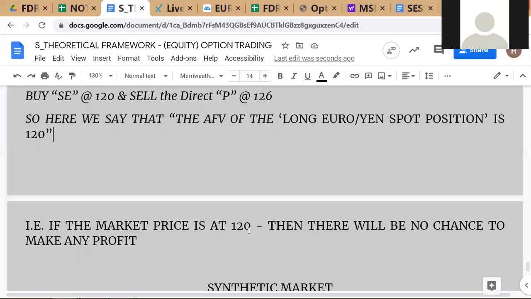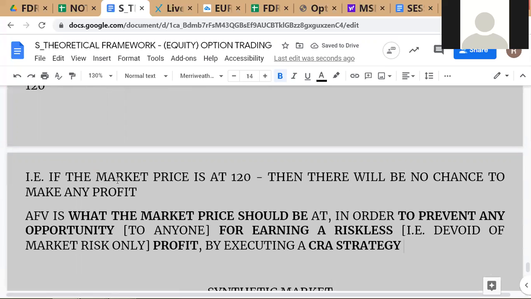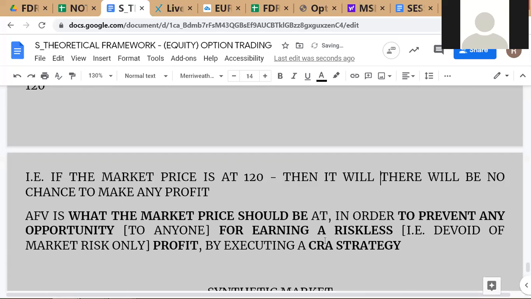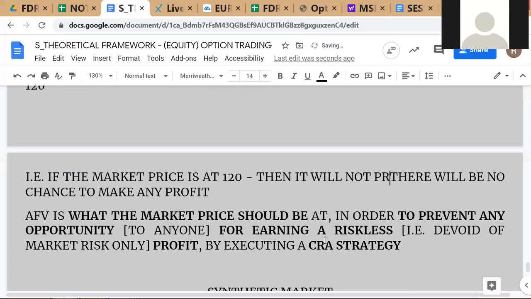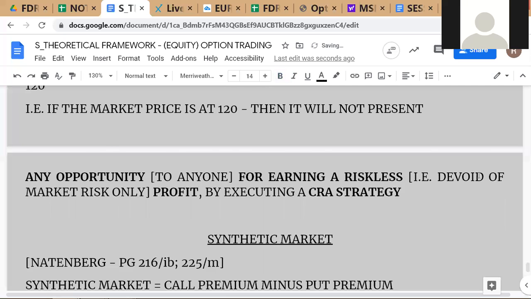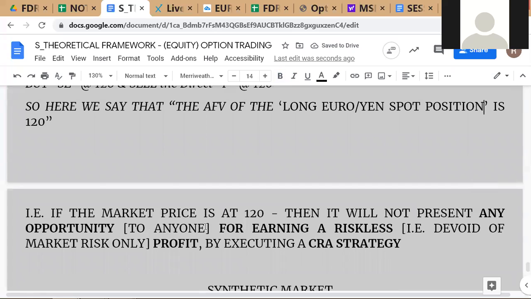So right now I'm just going to repeat it. If the market price is at 120, I'm just saying in the sentence construction here, if the market price is at 120, then it will not present, it will not present any opportunity to anyone for earning a riskless